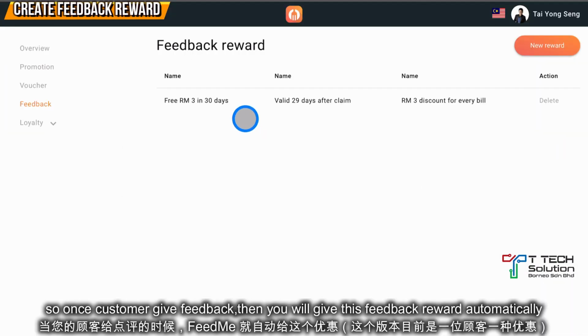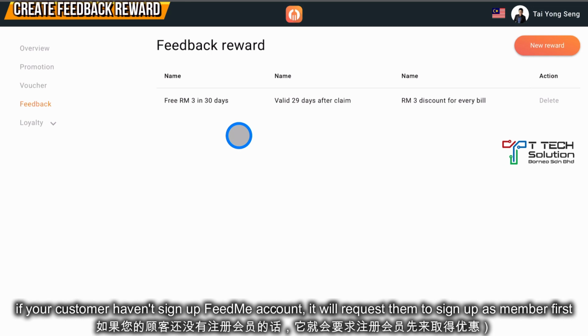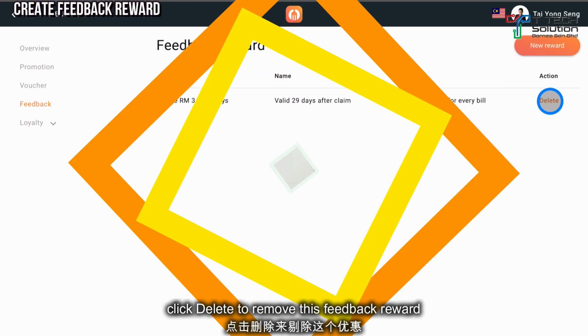So once the customer gives the feedback, then you will give the feedback reward to the customers. If the customer is not a member, then they will be requested to sign up as a member first. Or you also can click delete. So for example,